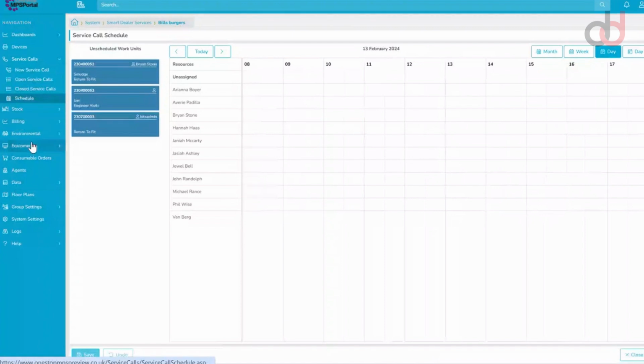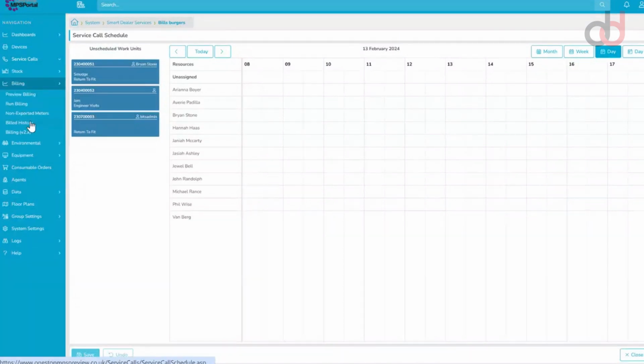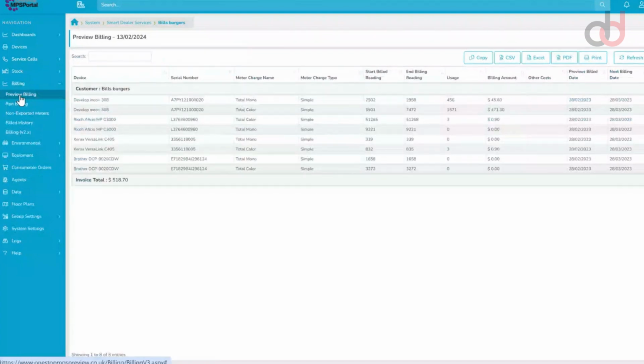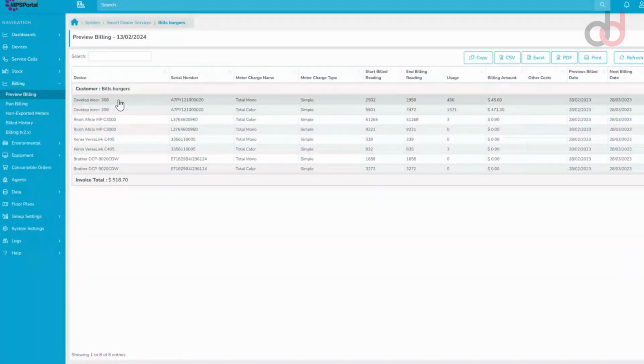If we go to billing, and we'll go to preview billing. This is just an example, giving me a list of devices. It's showing me the start reading, the end reading, the usage, and the amount that we're going to be billing that customer for. You can manually send this off to your finance package. That allows you to just come here, check, yep, that looks okay, I'm okay with sending that off to the next process. And then you can do that, or you can